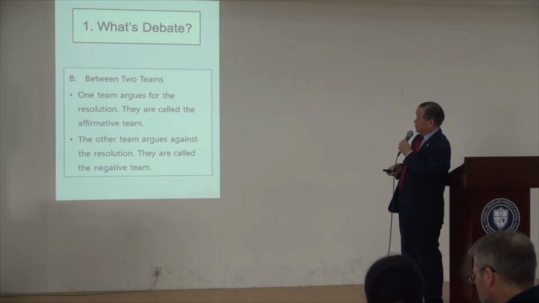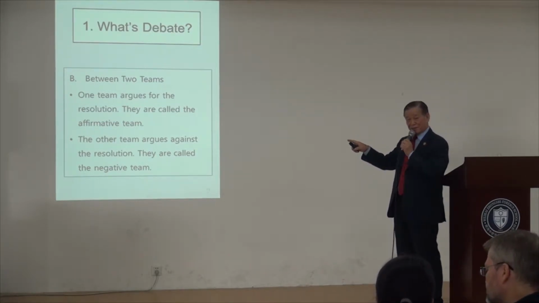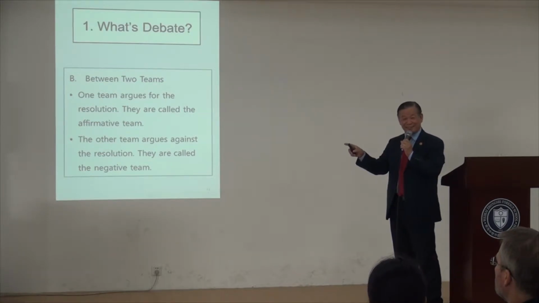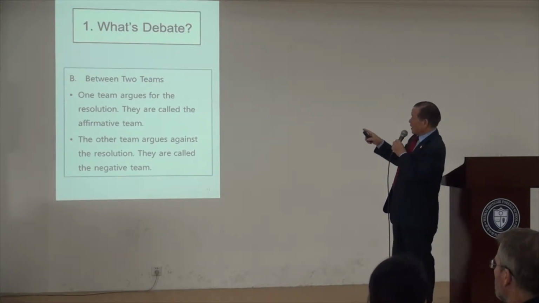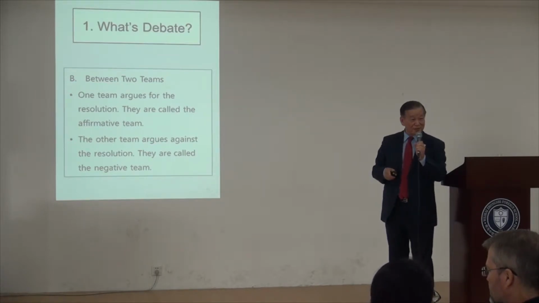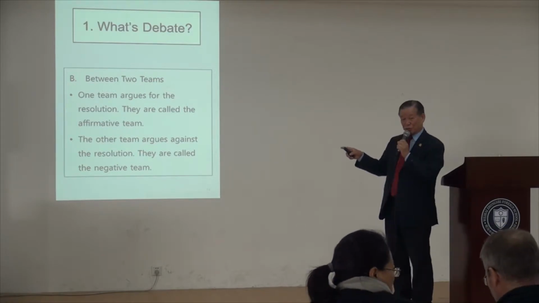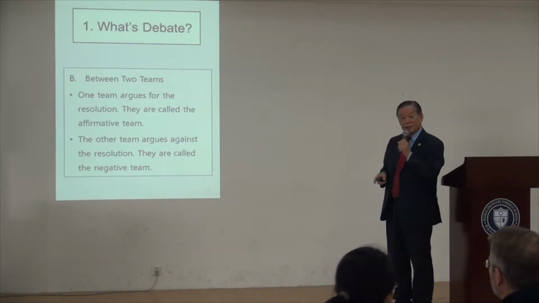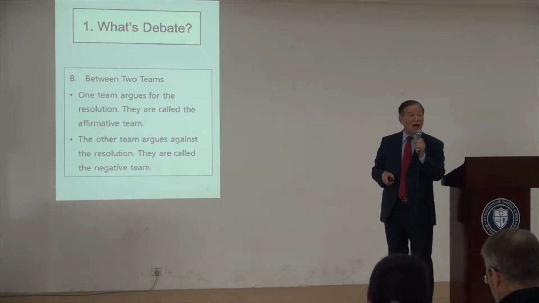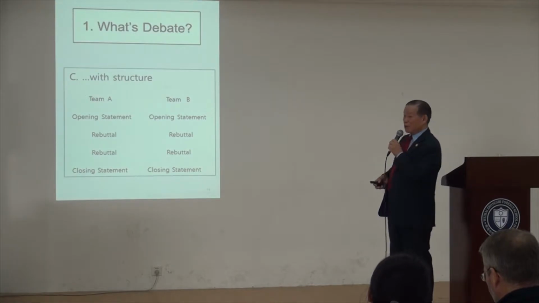Debate is between two teams. One team argues for the resolution, agreeing with the topic. They are called the affirmative team, in other words, the pro team. And the other team argues against the resolution. They are called the negative team, in other words, the con team. Okay? With the structure,